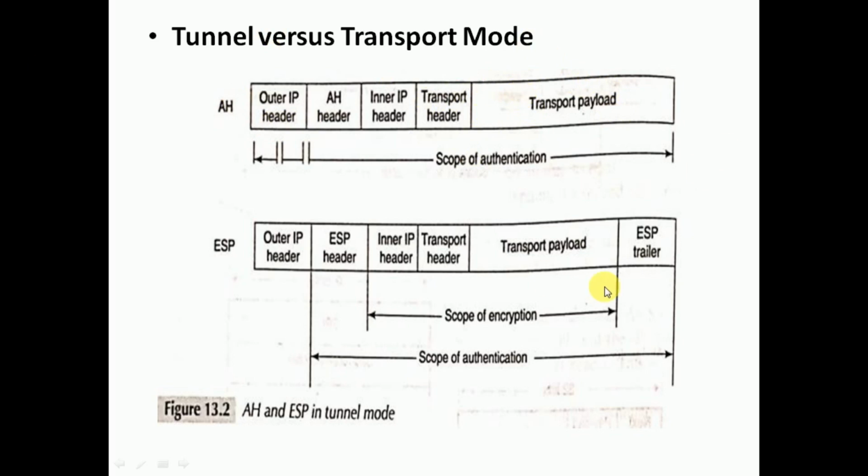So with the encryption option turned on, ESP in tunnel mode encrypts the inner IP header, thus providing limited traffic flow confidentiality. Because the inner IP header is encrypted, an outer IP header is used for routing. So based on the information available in this outer IP header, the routing takes place so as to reach the destination. The most compelling use of IPsec in tunnel mode is in securing host to host and host to gateway communication.